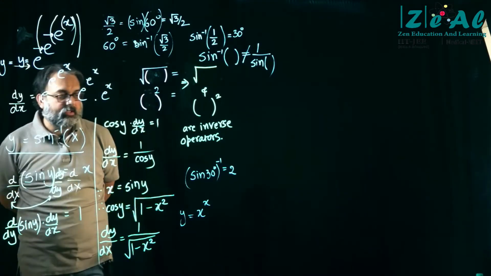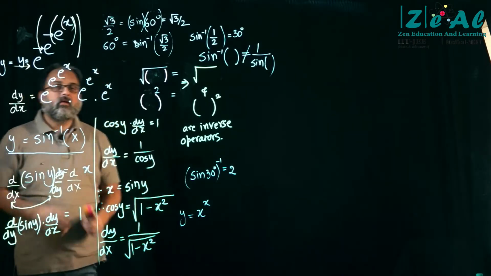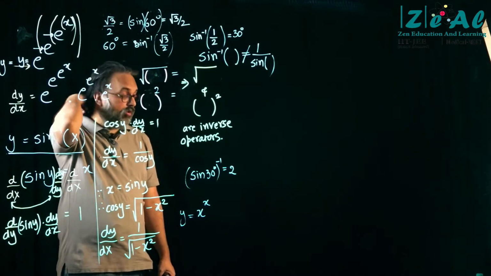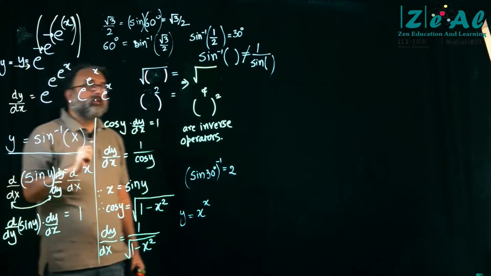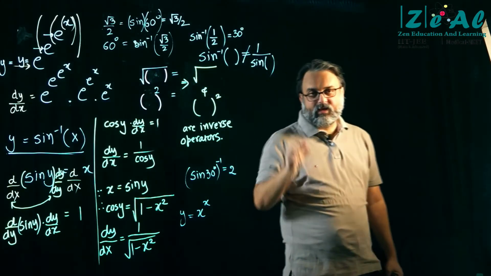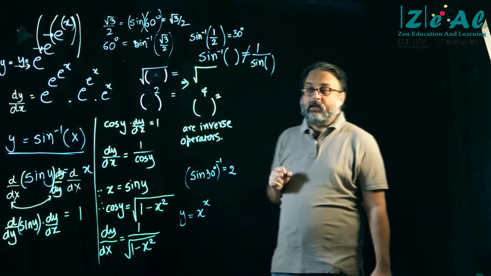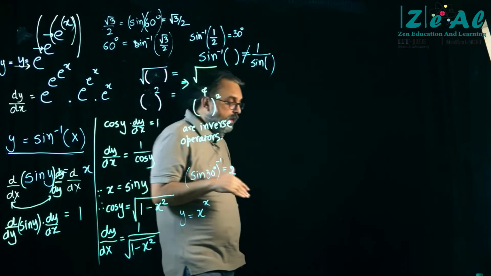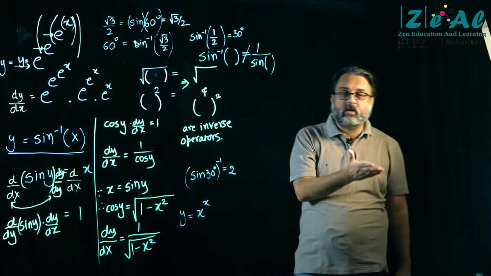You cannot simply differentiate this, because when we were discussing the various standard results of differentiation, dy/dx of x raised to the power n, where n is an integer, will be equal to nx raised to the power n minus 1. d/dx of sin x is equal to cosine x. Okay, d/dx of e raised to the power x is e raised to the power x.